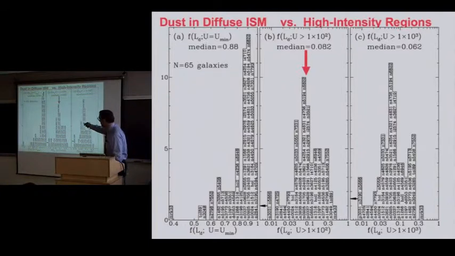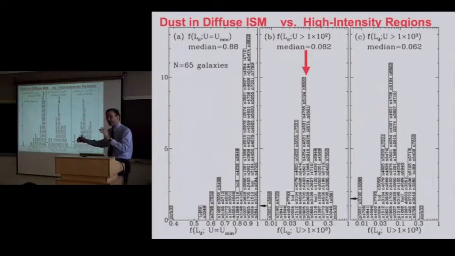So the first of these would be the cirrus. This average starlight intensity would be dust in, say, the galactic cirrus of the Milky Way. And the answer is most of it. So the median fraction here is 88%. Most of the starlight luminosity, galaxy after galaxy, is coming from this low intensity component where the dust temperatures will